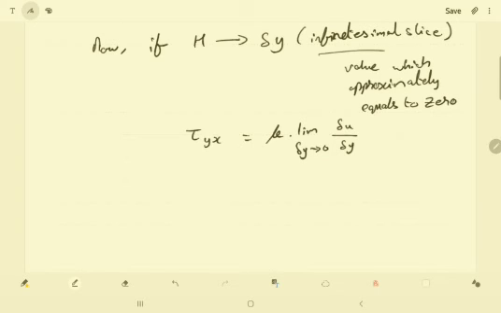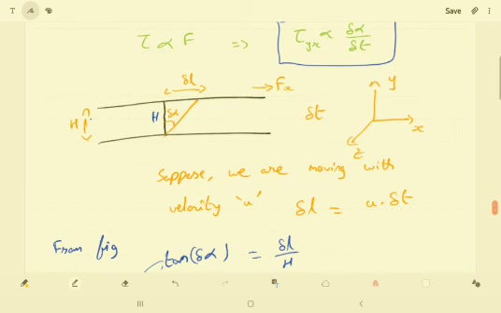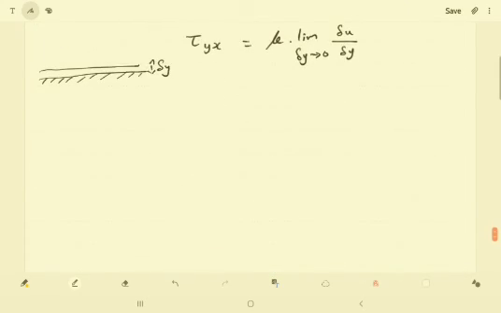If the slice is very small, the two plates will be close together. This is a del y. For a bigger distance between the plates, we are applying a large force. For an infinitesimal slice, that means for this type of volumetric space, we are applying a very small force, which is nothing but the del u. So as limit del y tends to 0, let's integrate it.